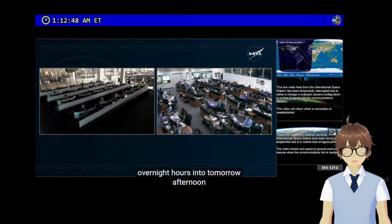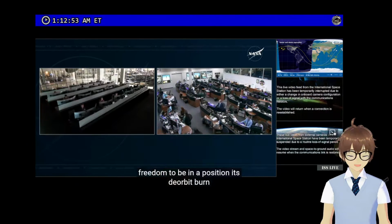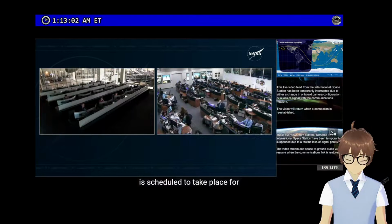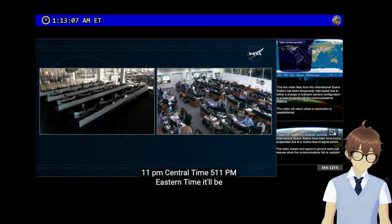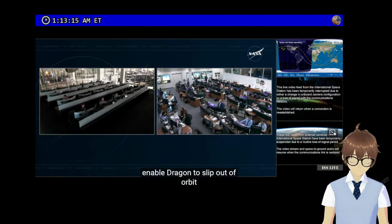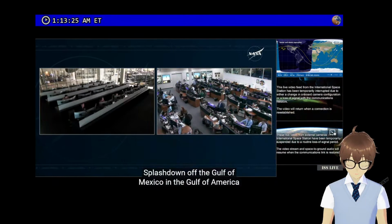A series of pre-programmed maneuvers will enable Freedom to be in position for its deorbit burn on Tuesday afternoon. That deorbit burn is scheduled to take place at 4:11 p.m. Central Time, 5:11 p.m. Eastern Time. It'll be a 7-minute, 29-second braking maneuver to enable Dragon to slip out of orbit. Its velocity slowed by 53.2 meters per second, enabling it to begin its high-speed entry back through Earth's atmosphere for a parachute-assisted splashdown off the Gulf of America